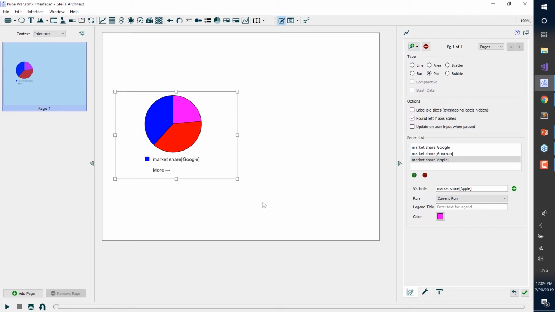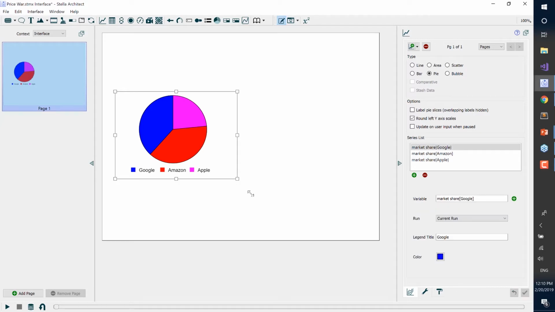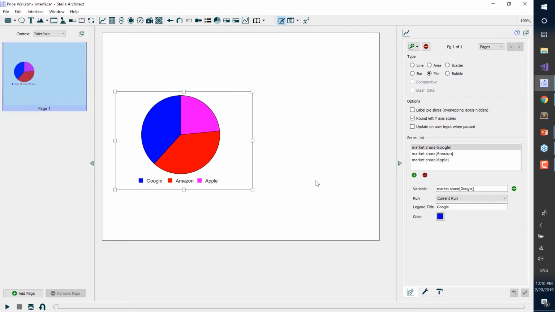At this point now, my pie chart is set up, but I need to clean it up and make it easier for users to understand. The legend being market share bracket Google is a little obtuse for the kind of user that I'm envisioning this simulation being used by. So I'm going to update the legend title of this series to say Google, and then I'll select the next series in the list and change its legend title to Amazon, and then I'm going to change the final one to Apple. When I do this now, you'll see that my legend looks a whole lot nicer and easier to read,